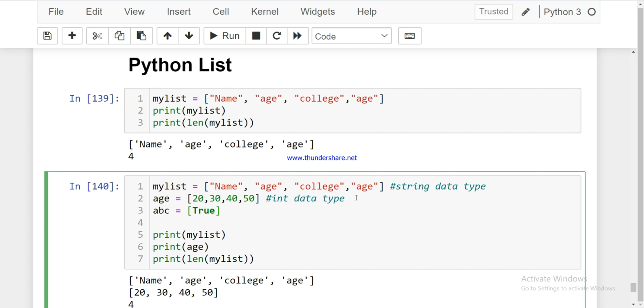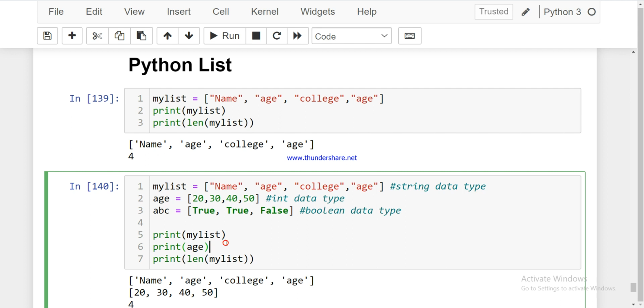It can contain true, it can contain true, it can contain false. So if the list is containing true and false, this type is called the boolean data type.